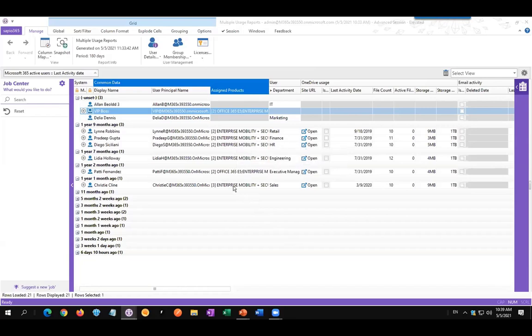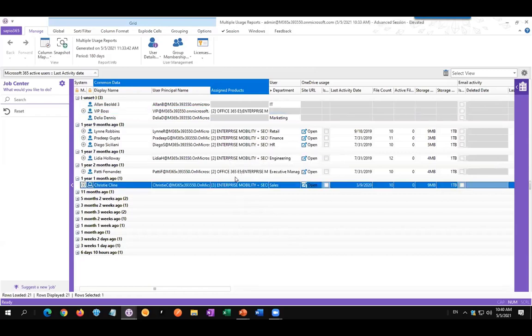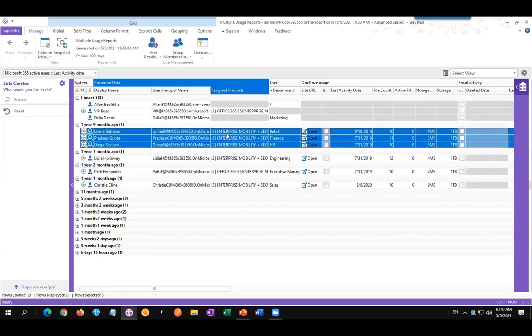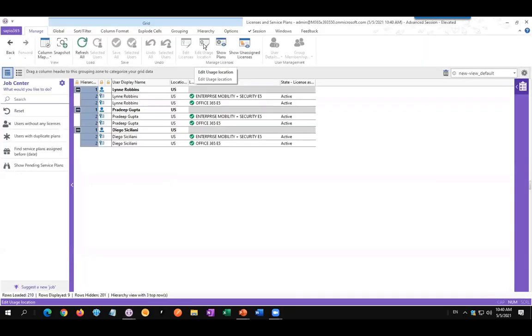Now at this point, say that you have some of these users who have left the company, but for some reason they were not blocked, or they fell through the cracks, but you recognize them by examining this. You recognize that these people should not have licenses and they should be totally blocked. So what we can do is remove them. We'll select them, for instance these 3 people as an example. If I want to block them, I can go into the user details and edit them from there, block it. Or I can go to their licenses straight from the reports